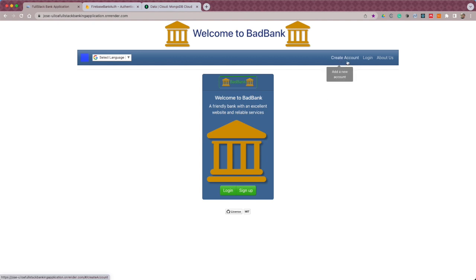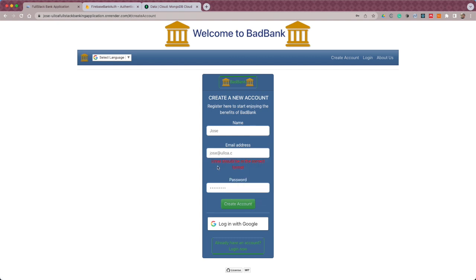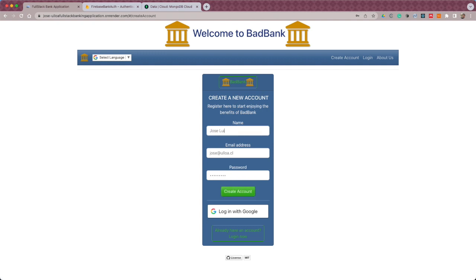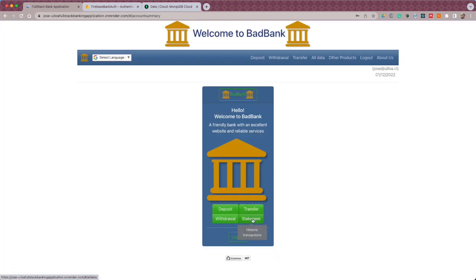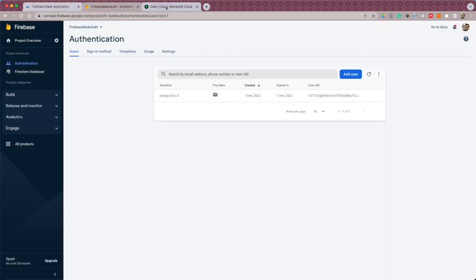At the landing page, we have the option to log in or create a new account. Everything else is reserved for authenticated users. There are two options for creating accounts: either create an account with email and password or using Google credentials. Once the user is created, the account is set up. As it can be seen, the changes are immediately reflected at the backend and in Firebase in case of the